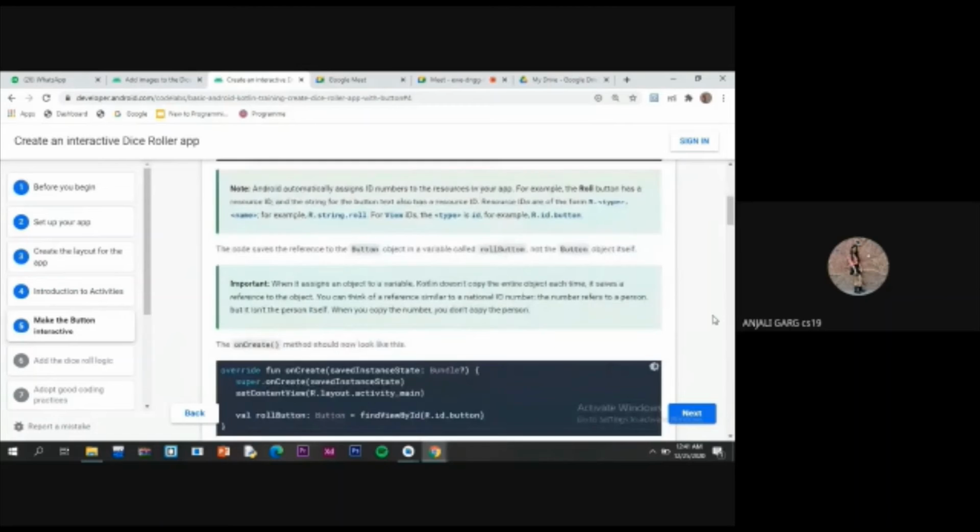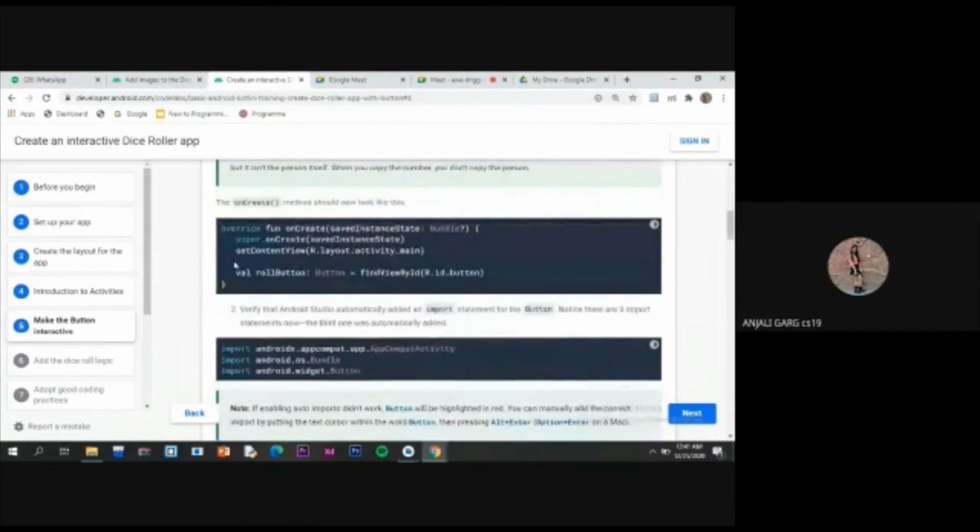Now you can see when you declare this variable roll button, the import android.widget.Button already appears in your Android Studio automatically. You can see it here. You can verify that Android Studio automatically added an import statement for the button. Okay, let's notice it.